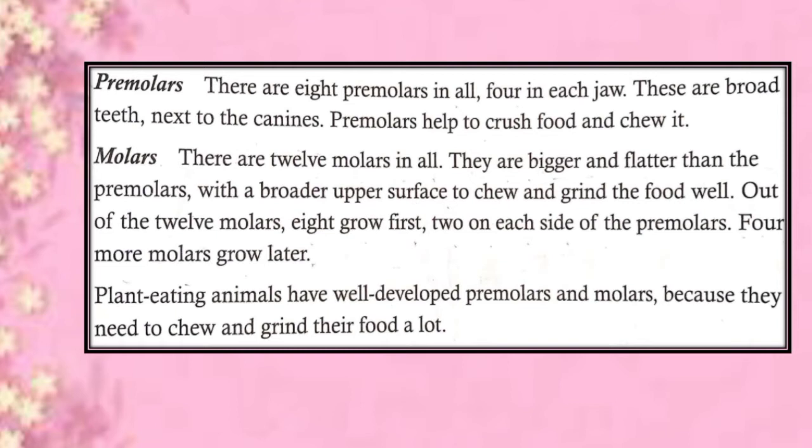When you eat, your tongue pushes the food to the back of your mouth, and then your molars break up the food into smaller pieces. So this is the function performed by molar teeth. Molars include 4 wisdom teeth, which are the last set of teeth to come in. They usually come in between the ages of 17 and 25. Wisdom teeth are also called third molars.